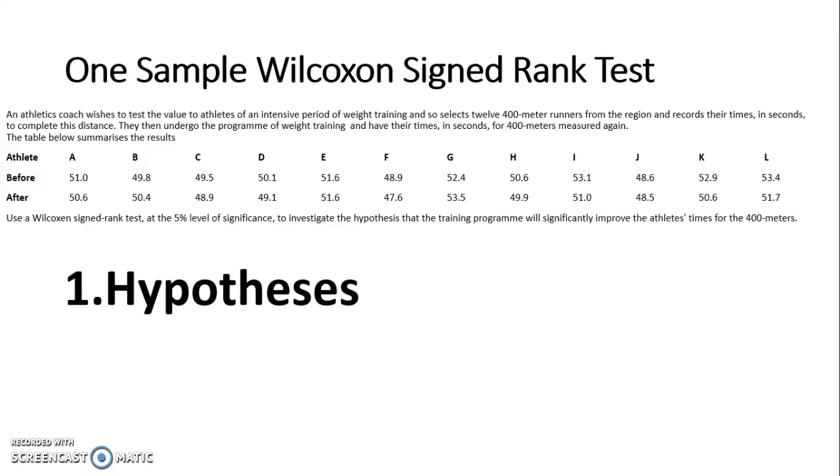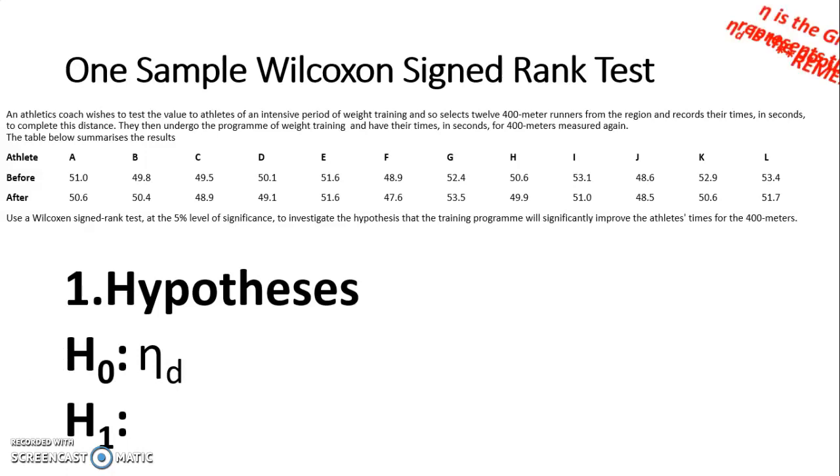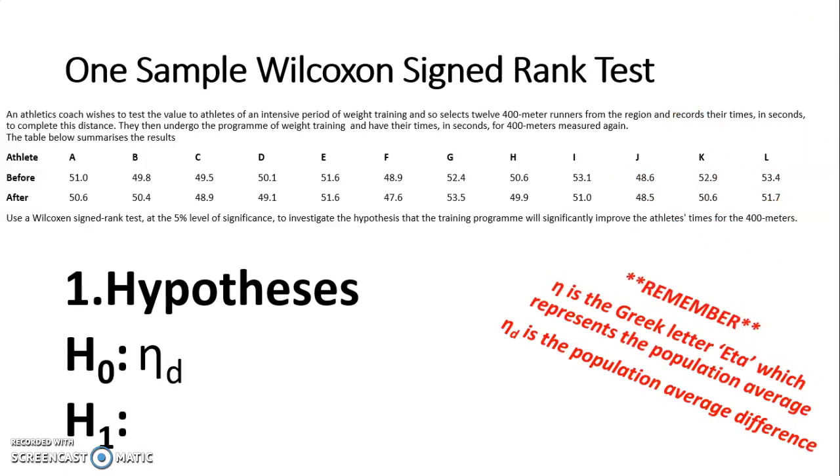We must have a null and an alternative hypothesis called H0 and H1, and for the paired sample Wilcoxon signed rank test, that should say, we have eta d. So remember that weird n that's elongated on the right is the Greek letter eta, which represents the population average, and therefore eta d is the population average difference. We are always assuming that there is no difference between the pairs of data, so that equals 0 for our